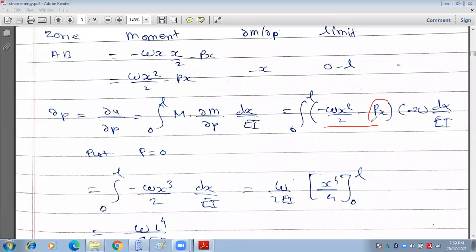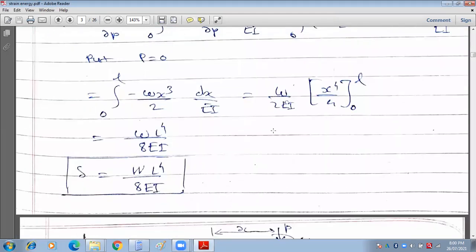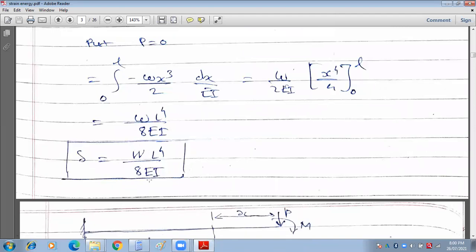Now here put P is equal to 0, it means that this term will vanish. Only the remaining term is there. Let us multiply this term, minus W x cube upon 2. Now here W upon 2EI is the constant term, let us take it outside, and the integration of x cube, you will be getting x raised to 4 upon 4, limit varies from 0 to L. Now put the values and simplify the term, you will be getting delta is equal to W L raised to 4 upon 8EI,